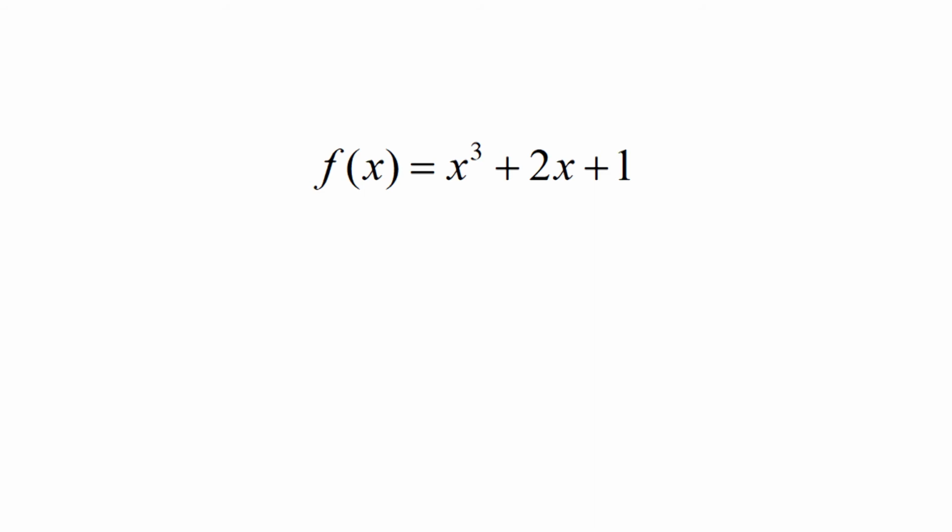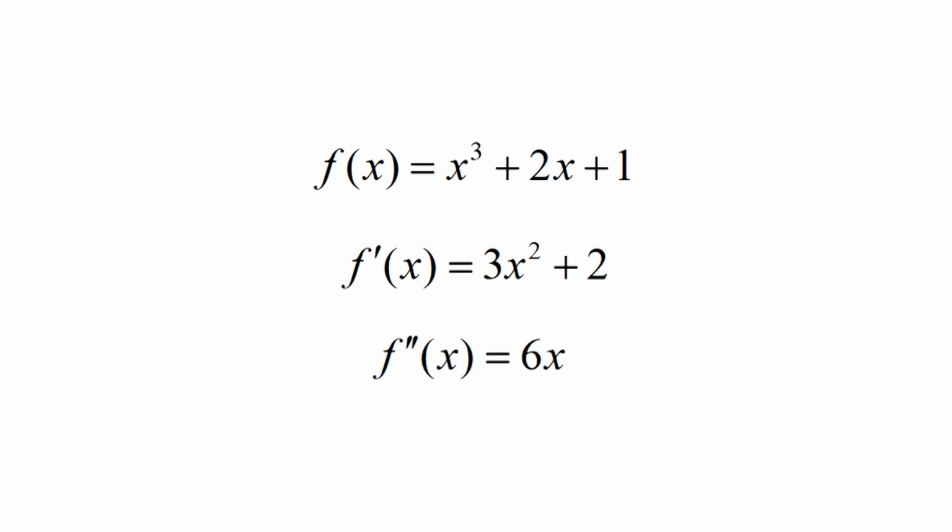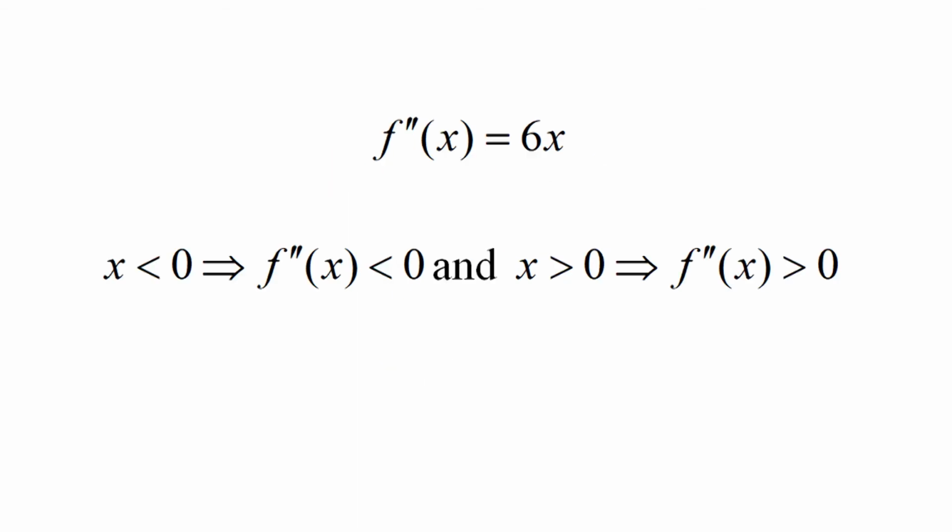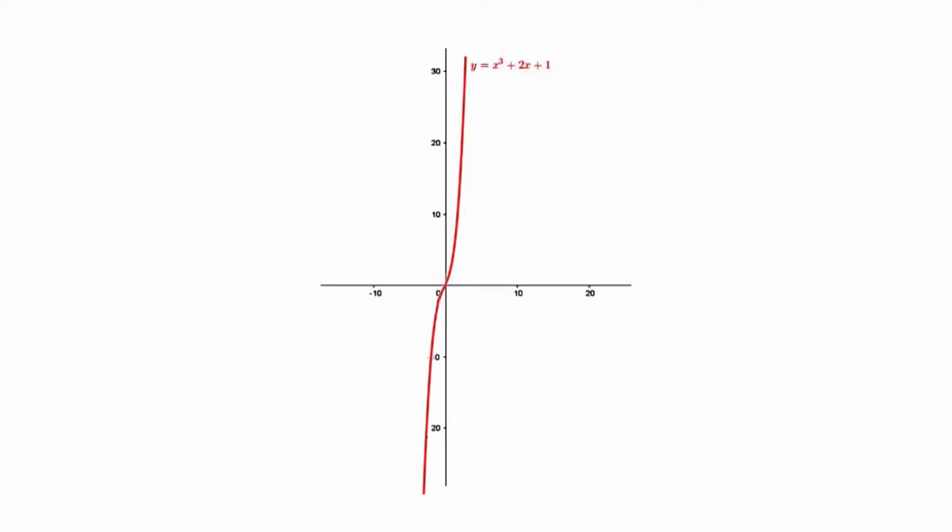Differentiating with respect to x, we have f'(x) = 3x² + 2, and differentiating once again we obtain f''(x) = 6x. From this, we see that x < 0 implies f''(x) < 0, and x > 0 implies f''(x) > 0. Thus, the curve is concave down in the interval (−∞, 0) and concave up in the interval (0,